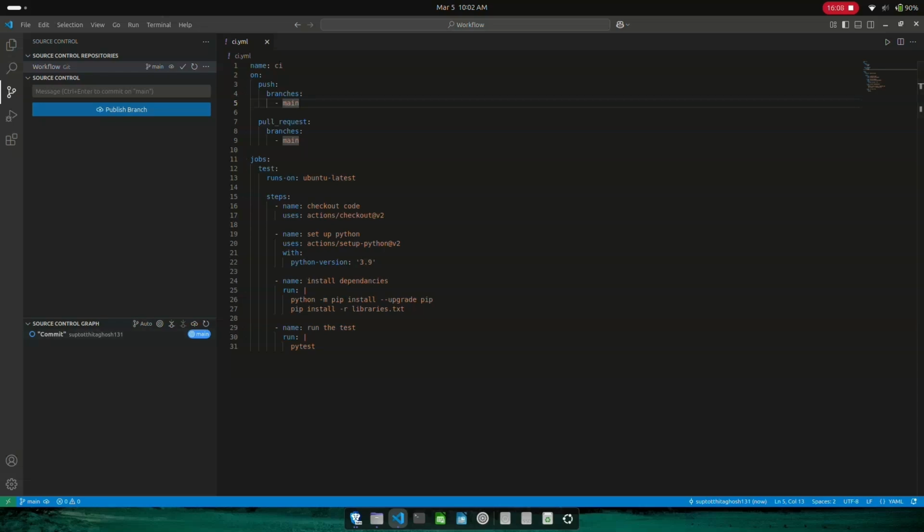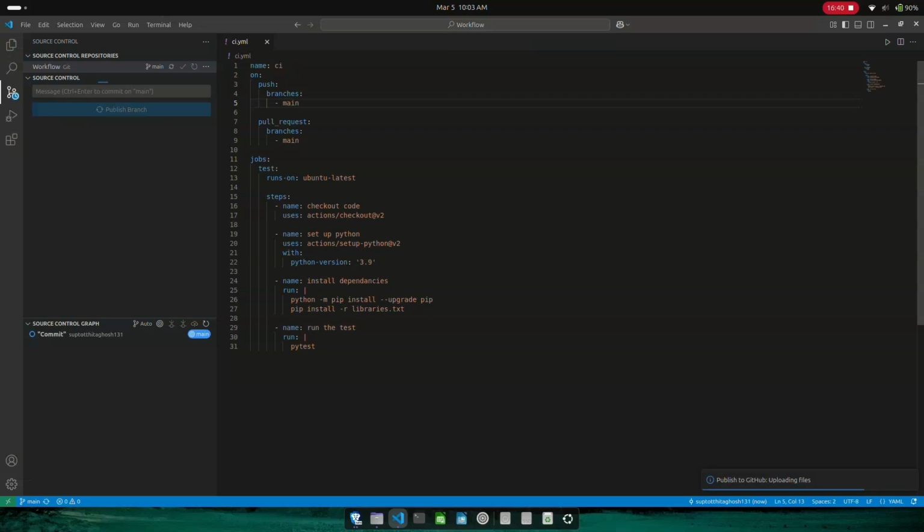Okay, so the action has been committed. Next, we have an option which is telling us to publish the branch. We'll click on this publish branch. And now we have an option to publish in a private repository or a public repository. So you can do it wherever you wish to. This is just a simple example of using GitHub, so in this case, I'm just using a public repository.